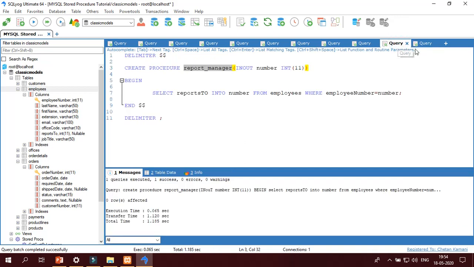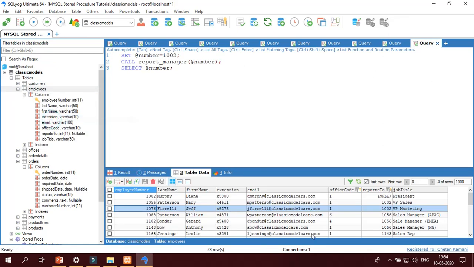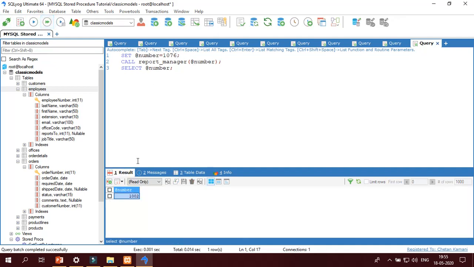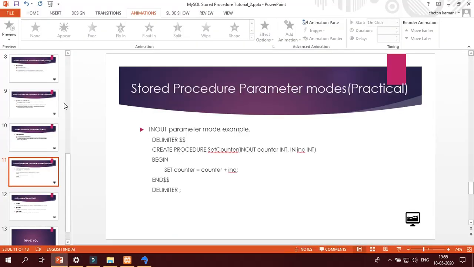Why null? Let me check it on the table. 1076. Okay, I made a mistake, a 6 to delete. Okay, it is 1002. So I hope you might get the concept of INOUT parameter mode.